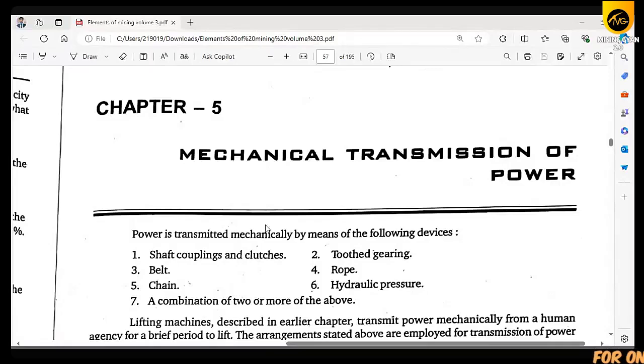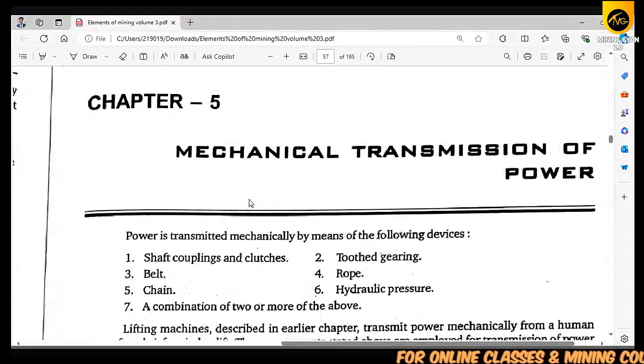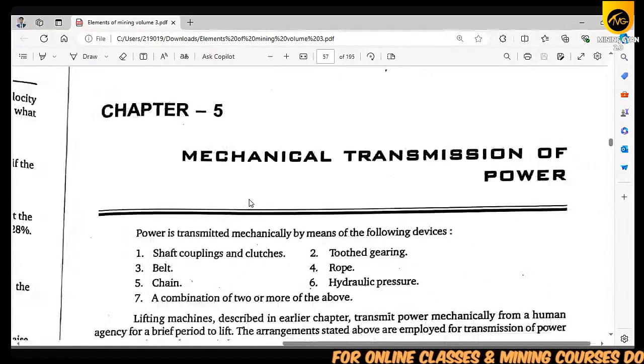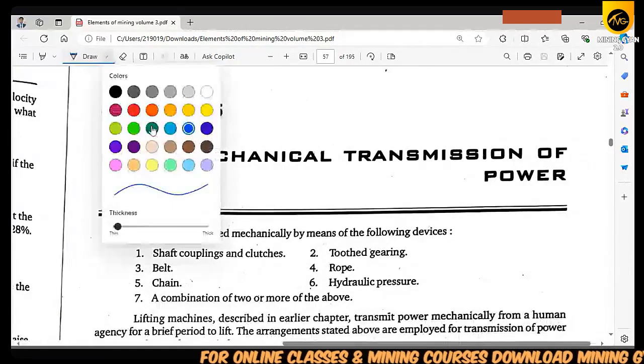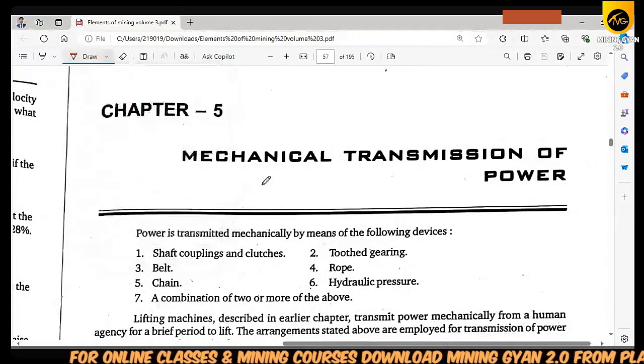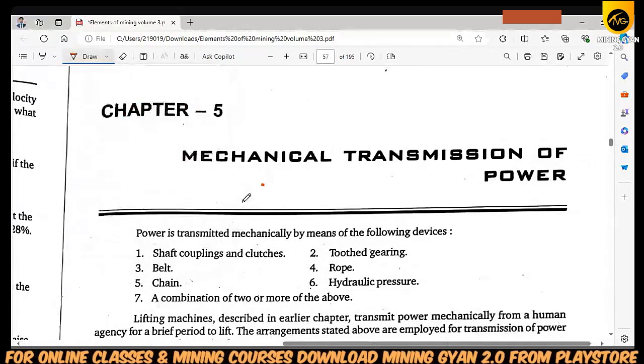So, come on, let's start a new topic. Today we will start the mechanical transmission of power. It's a very important subject from the examination point of view, where we can learn and earn both. We can learn the basic concept of mechanical transmissions in the different excavators, and